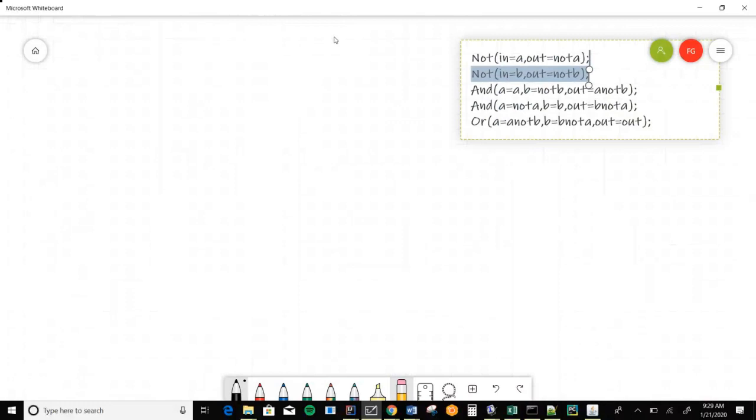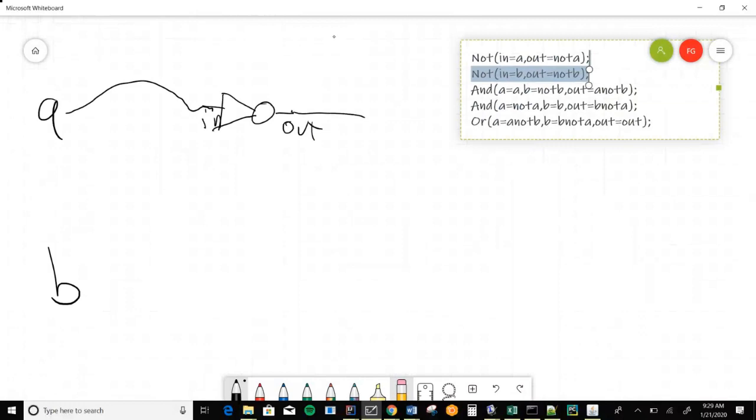So yeah, let's imagine sketching this out, actually. So our XOR gate has an A input and a B input. So when I say NOT in equals A, out equals NOT A, it means I've got a physical NOT gate. This is in, that's out. My XOR A gets assigned to that in. So in equals A. And then the out becomes a pin. So this will be the pin, which is NOT A.